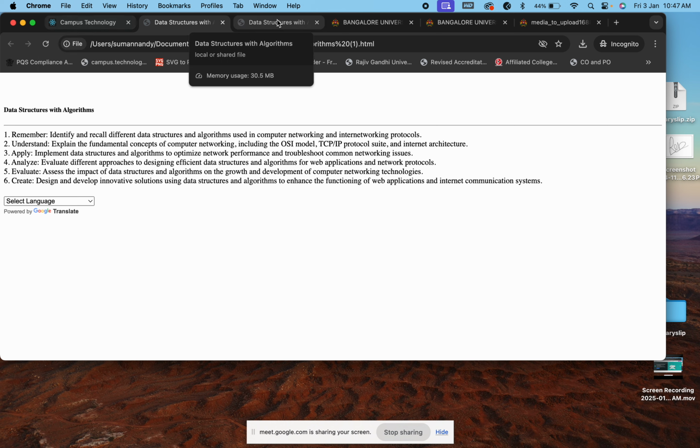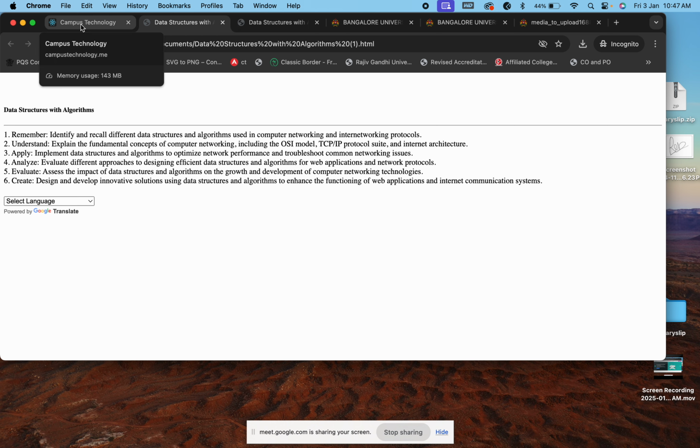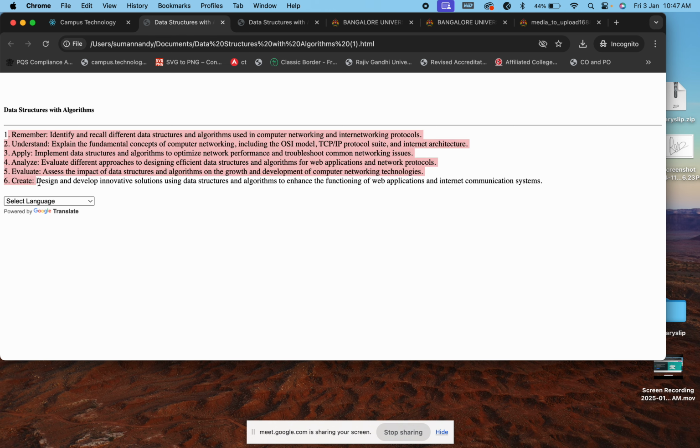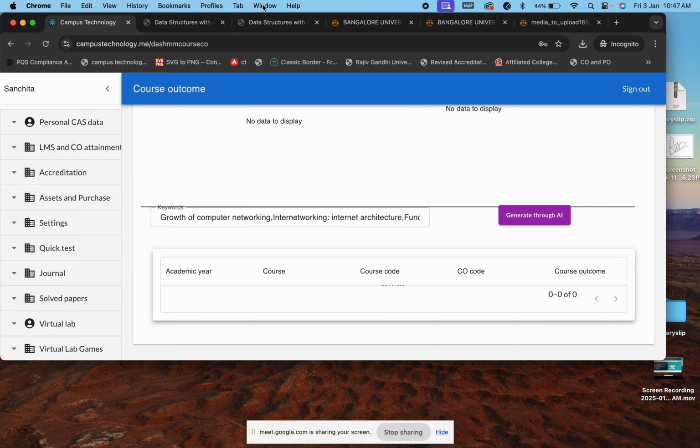It doesn't have any limitations on how many it creates. It creates on its own based on the keywords. You can put as many keywords as you want, ma'am, there is no limitation to that. But will it give 6 to 10 course outcomes? Is there any minimum number we'll have to put? No, nothing like that, ma'am. There are 6 here. These 6 are essential. So it will give it for all 6. Okay. So these are the steps that you can follow, and like I said, I will share